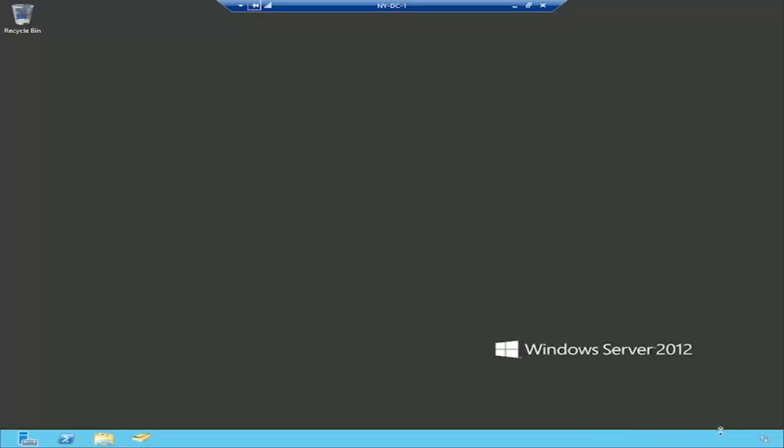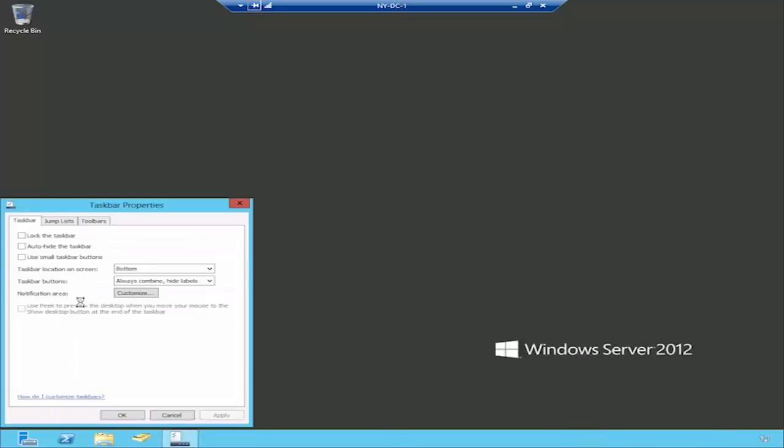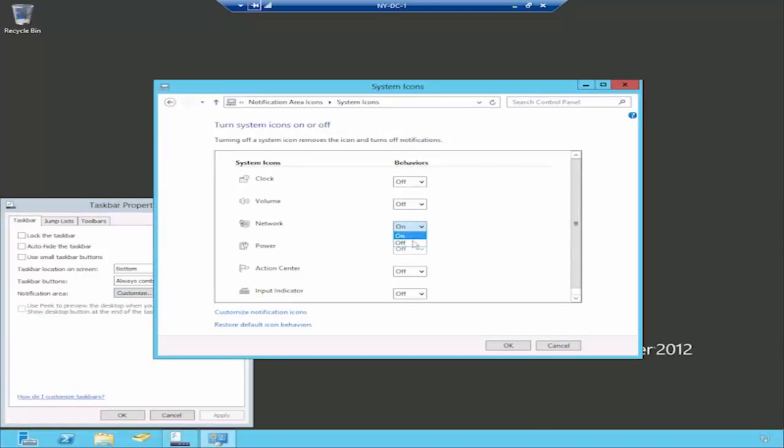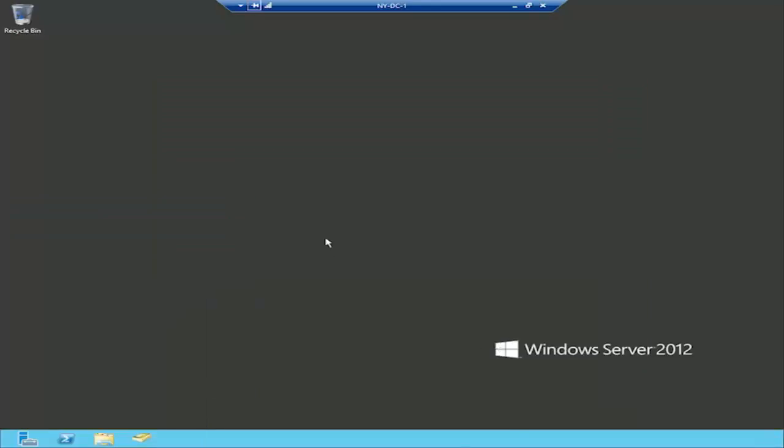Now, I want to go ahead and clean this up and get that icon out of here, so I'm going to go back into the properties and take that away. While I'm doing that, I do want to remind you that these are the different ways that we can get in and actually configure an IPv4 configuration. But what it really comes down to, because this is not new, if you've configured an IP address back in, I don't even know how far back to take you, but pretty much in any Windows operating system, you probably could have figured out how to do it on Windows Server 2012. What I want to make sure that you do fully understand when it comes to the IPv4 configuration